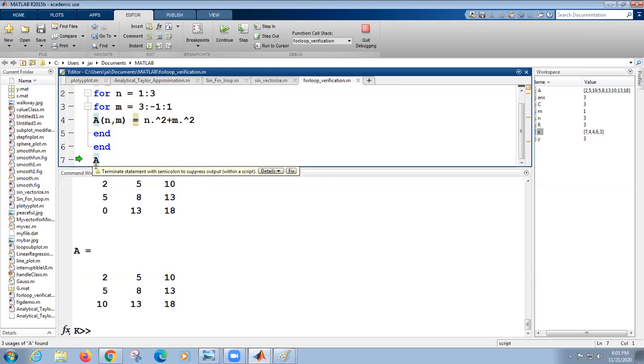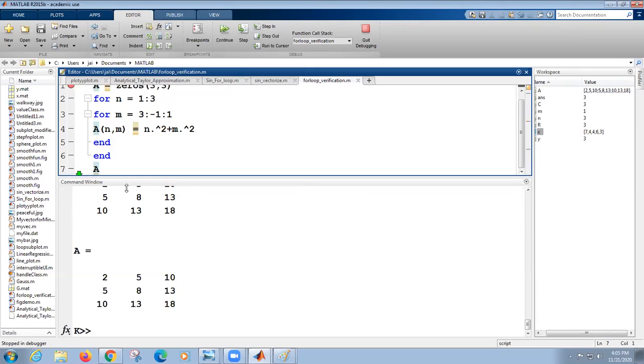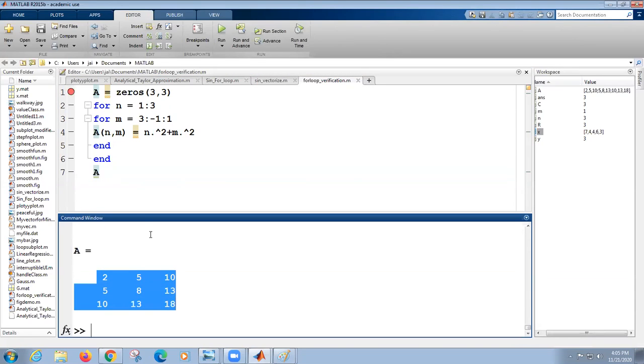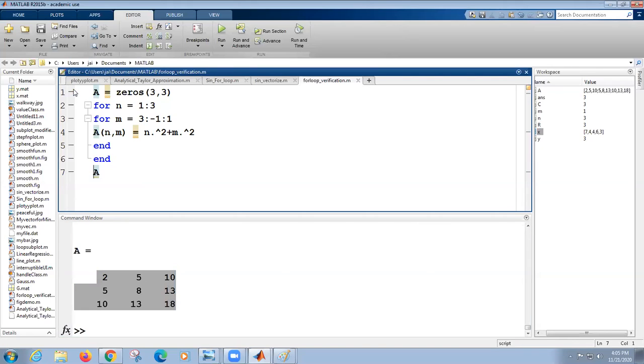Now if you press F10, you will see this right side arrow become a downside arrow. Are you seeing now? It's saying, dear user, please go and check the command window. Your A is ready. That's it. I came out of it and I see the A now. Very simple. I quit my debugging.